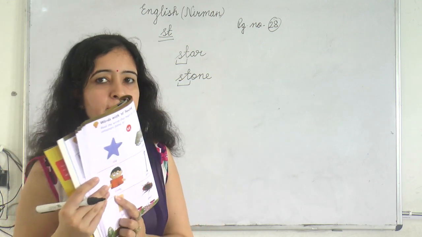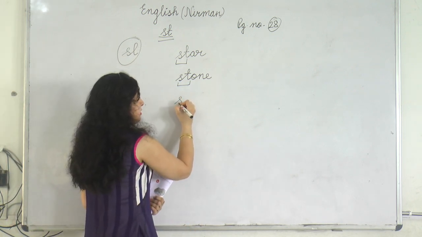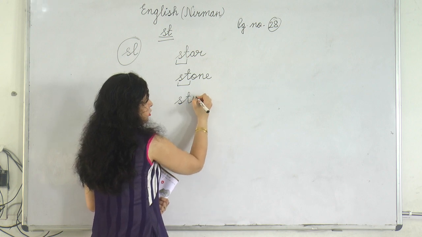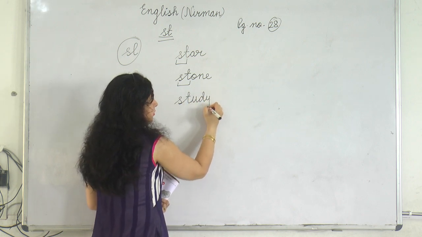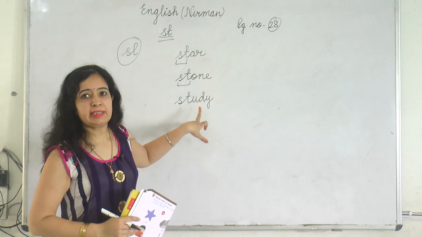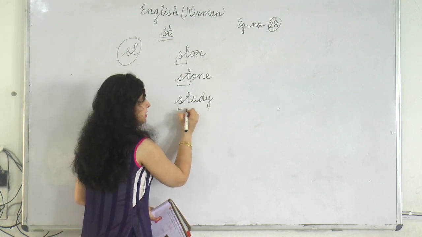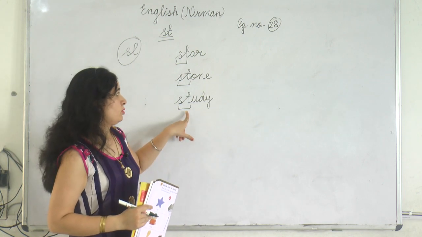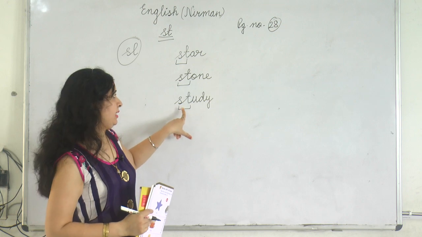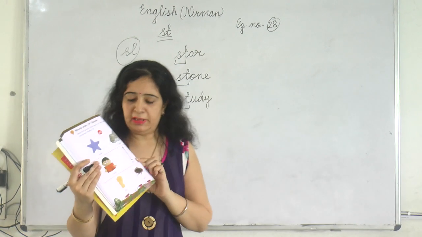Study. Speak with me. Study. S, T, U, D, Y. Study. When you speak study, see, in the beginning, ST blend is there, na? So, study. In study, ST is consonant blend. Now, next picture is